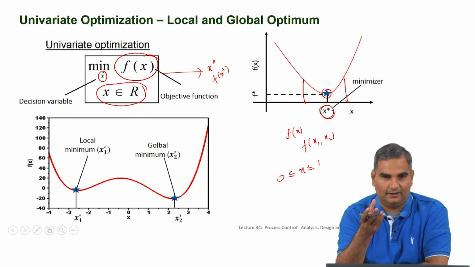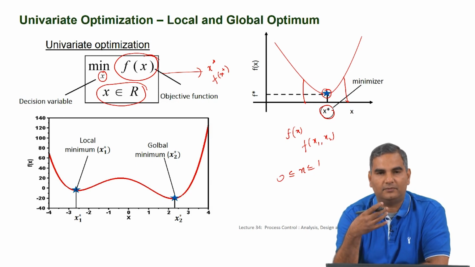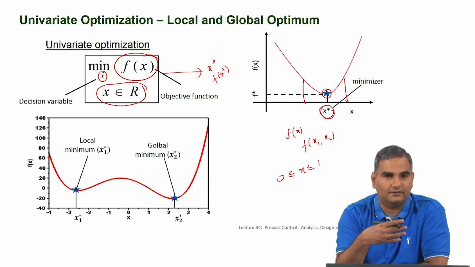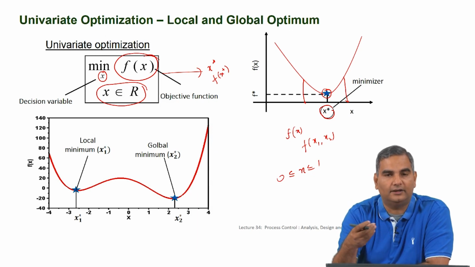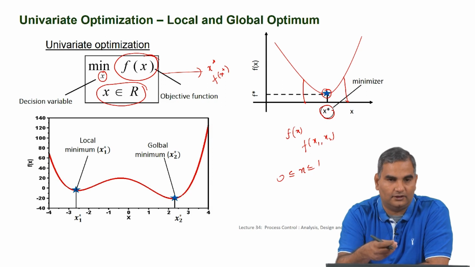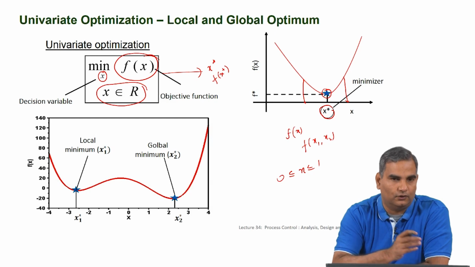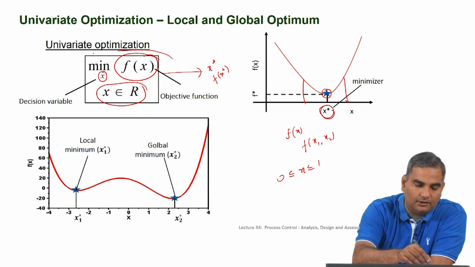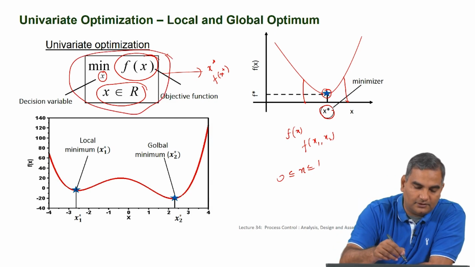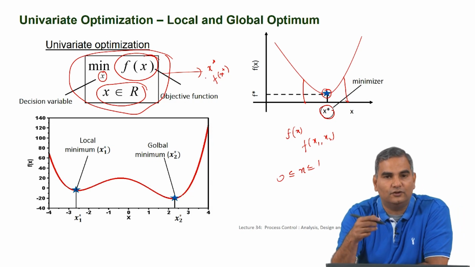So, from x star you will get f of x star, which is the minimum value of the function, but the key result that any optimization problem is looking for is the solution, which is the values the decision variables should take, so that the function is optimized, in our case minimized. So, you can think of the outcome of solving an optimization problem as values for the decision variables.